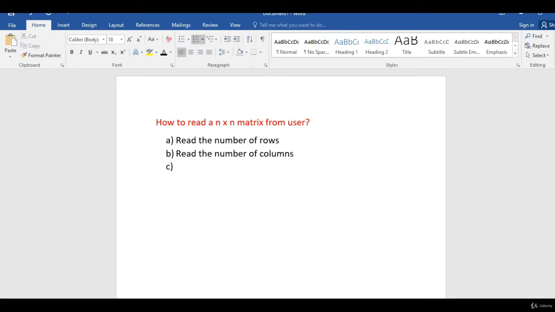In the third step, once we have rows and columns for the matrix, we can enter the elements for the matrix. And finally, display the elements in the matrix. These are the four steps.